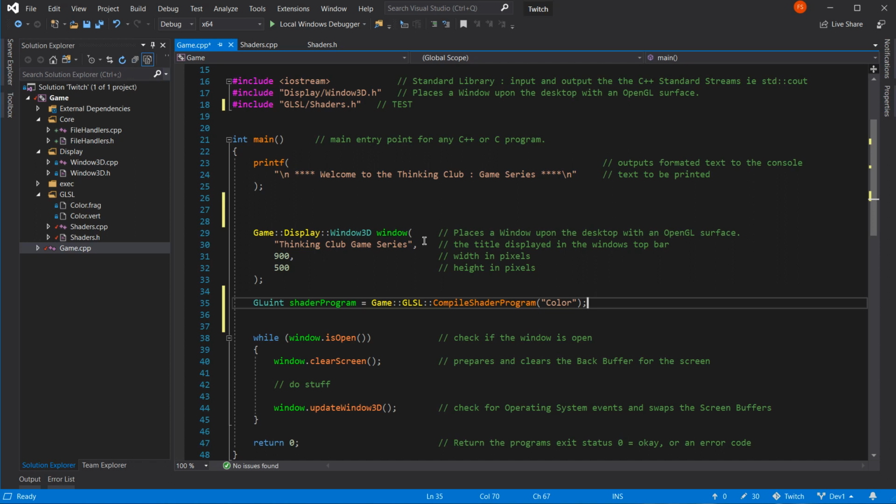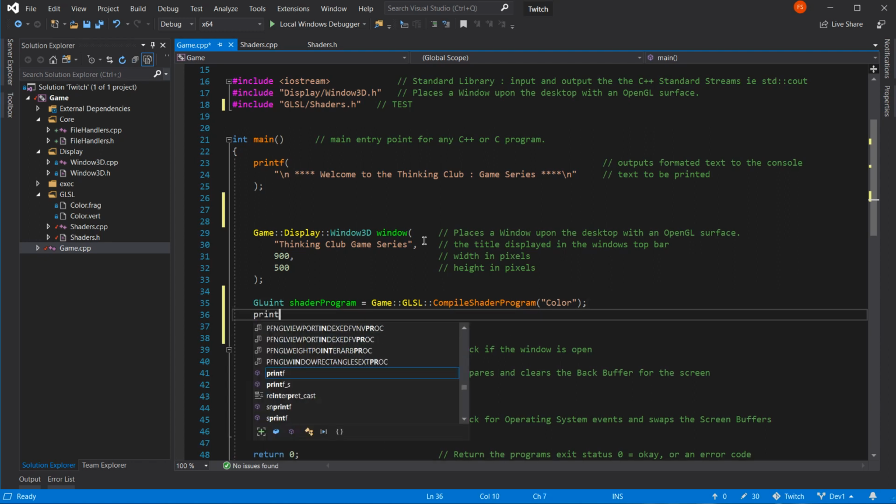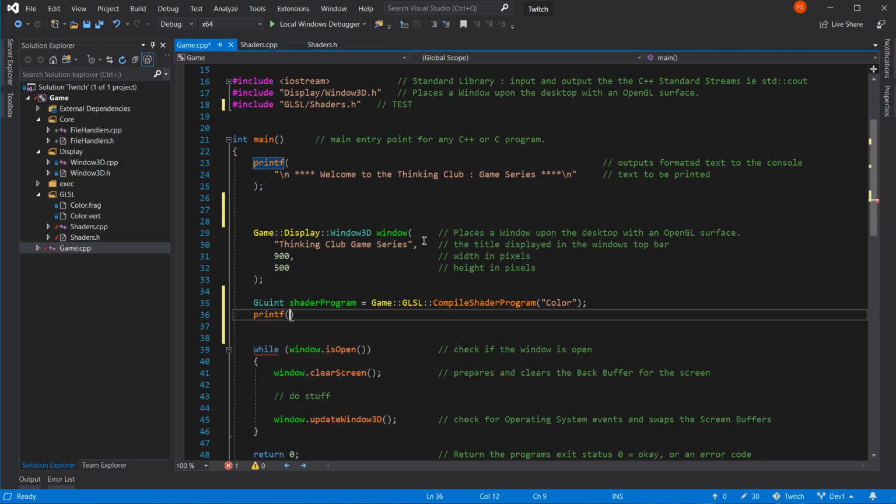If everything succeeds, we won't know. Shader... just actually put it on a separate line.